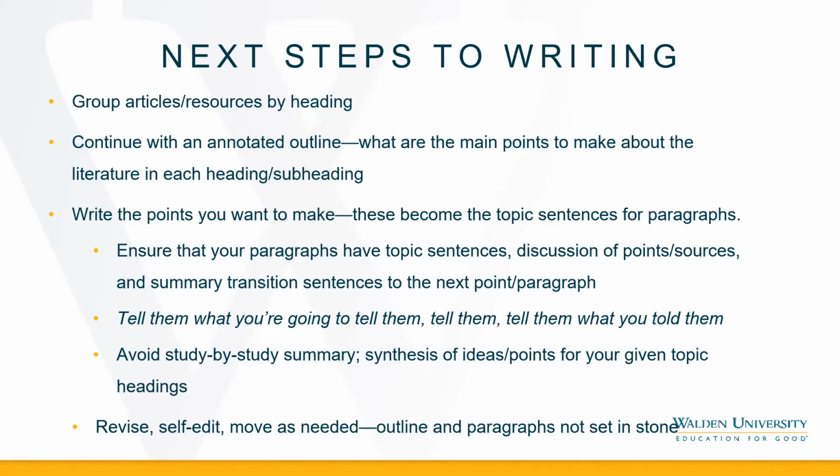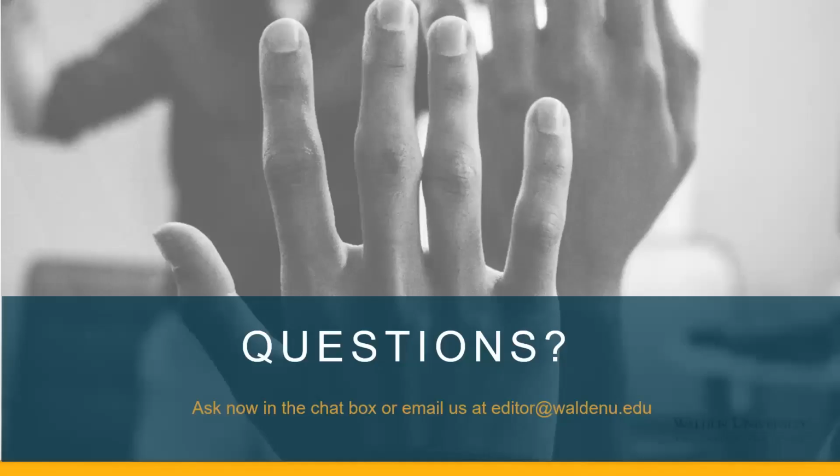It won't all be as detailed or specific. You have to begin by coming out higher level again and generalizing so that the reader can understand the paragraph and the organization. Avoid study-by-study summary. So the synthesis of these ideas and points needs to be, again, compared and contrasted. It shouldn't just be an analysis of each study you've read, paragraph by paragraph. So I will open it up to questions here.